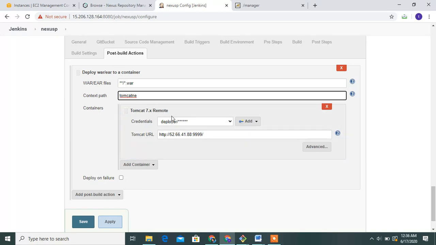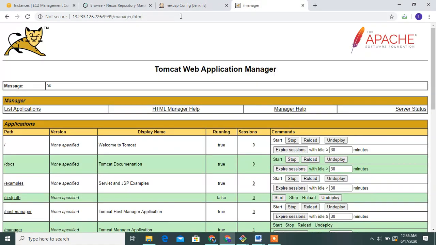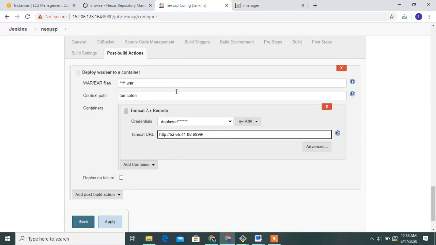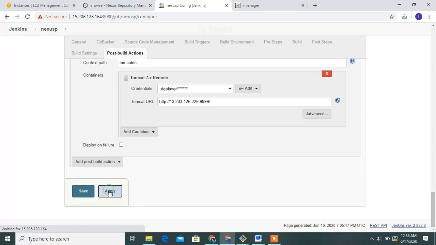I select Tomcat 7. Add the credential and Tomcat server. In my case it is running in this Tomcat server. Control C and add this server, and then the configuration is successfully completed, guys.